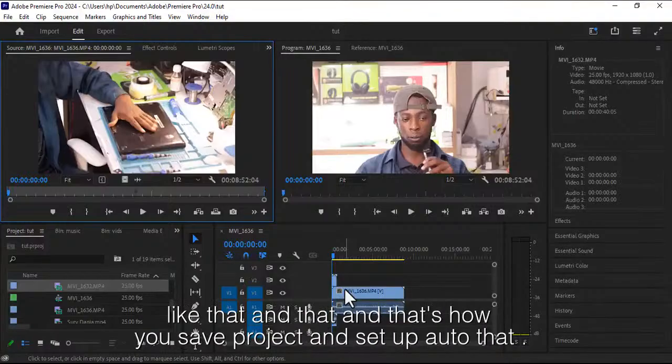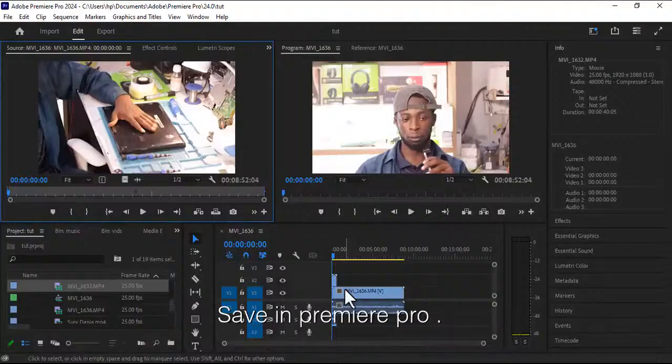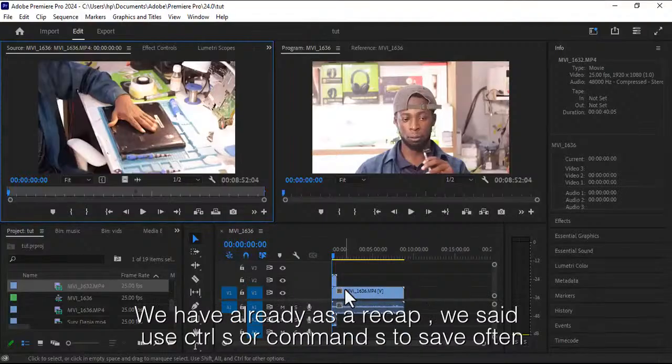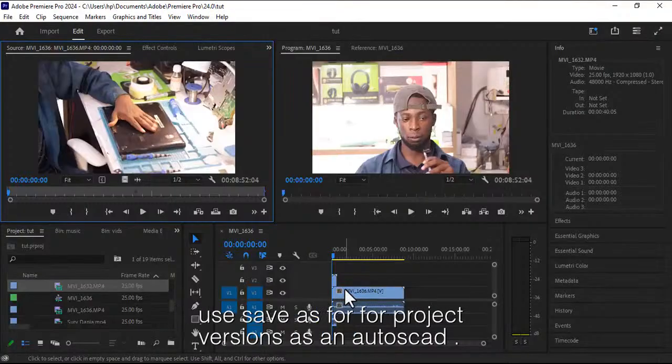And that's how you save a project and set up auto save in Premiere Pro. We have already, as a recap, said use Ctrl S or Command S to save often, use save